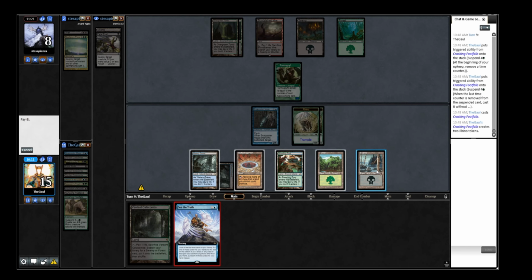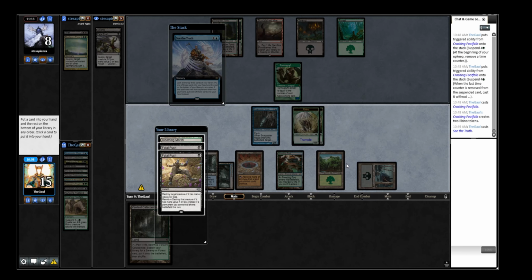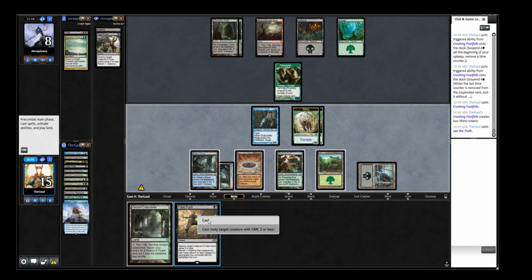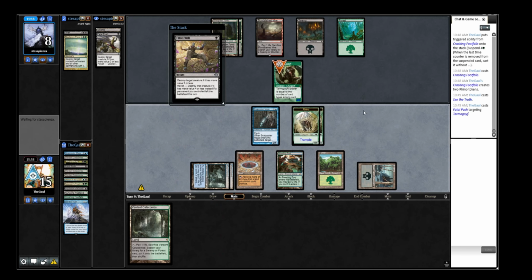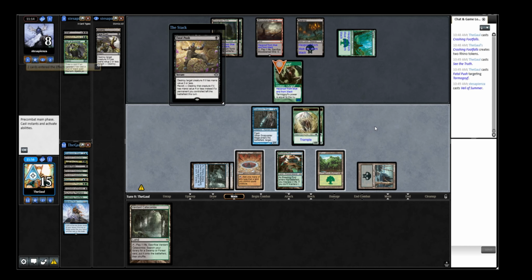See the Truth. That's better than Ancestral Vision. Yeah, right here, when you're not actually 1000% dying, it's really good to be able to spend 2 mana on that effect, honestly. Probably pretty good. Go. No! Oh. That's a